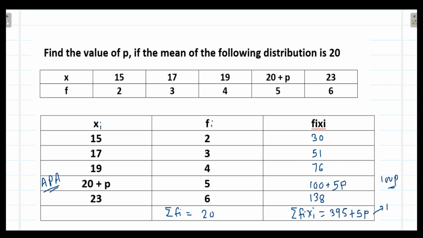As this is also an accident prone area, because most of the time we just go on adding 138 plus 100, 238 plus 5 and then add the remaining one. So it is not like that. You add these numbers first, like terms are to be added and unlike terms should be kept separately. Now you have got summation fi xi and summation of fi. Highlight these two important steps because it is much easier for the examiner to check your paper, and so always try to make your paper examiner friendly. Now we will solve it further.